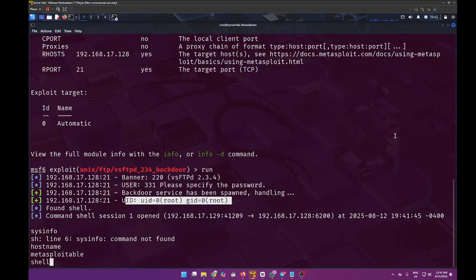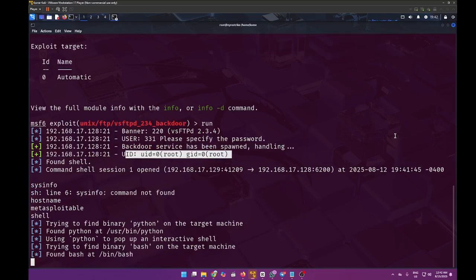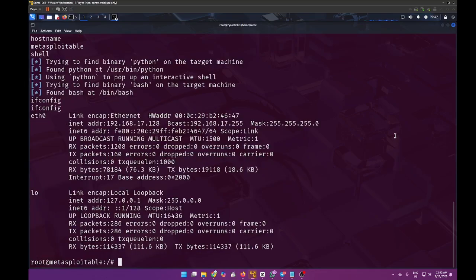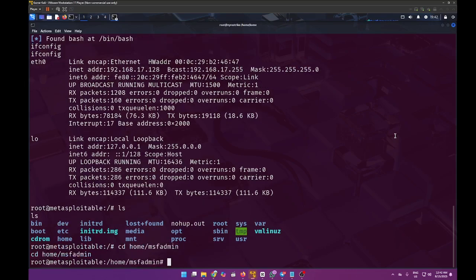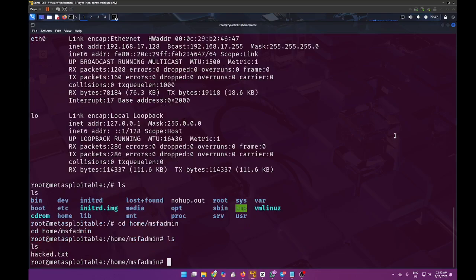Let's see if we can get a shell. Alright, it found a shell, /bin/bash. Let's do ifconfig. Now we are root on metasploitable. You can do ls to see the Linux file system here in the root. cd to /home/msfadmin, ls, and you can see your files and every other thing. So there is a lot that